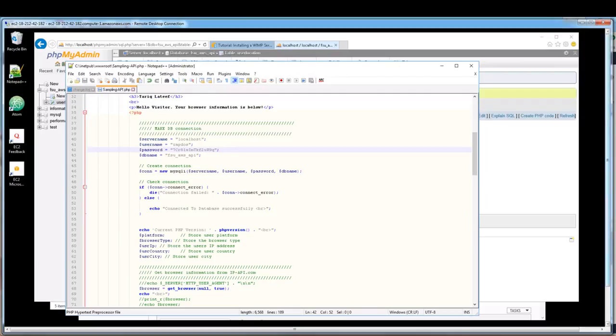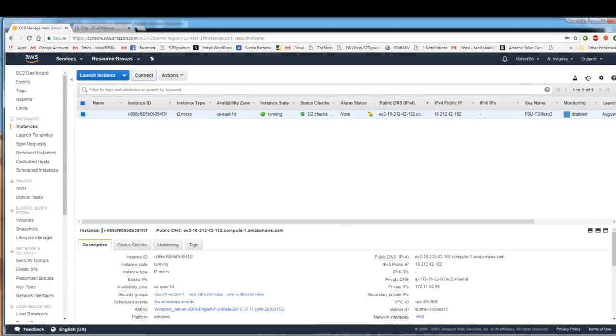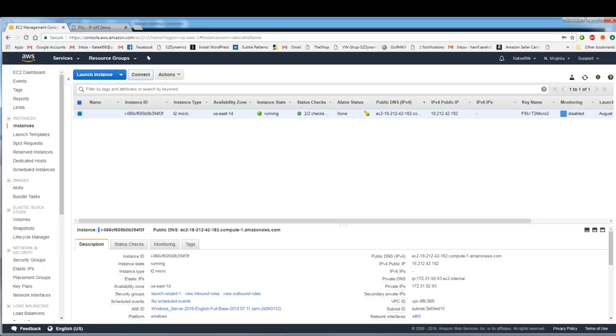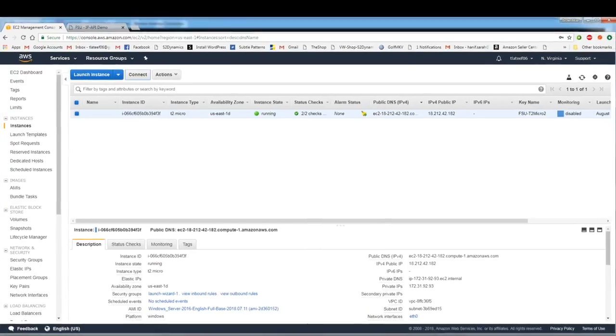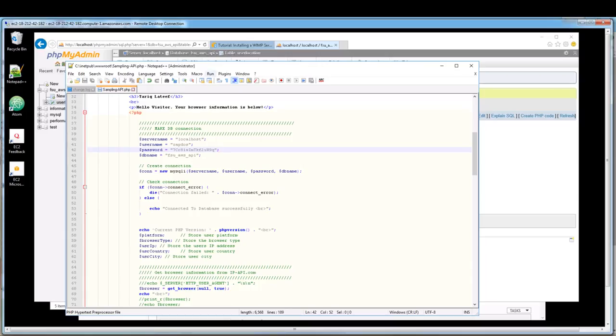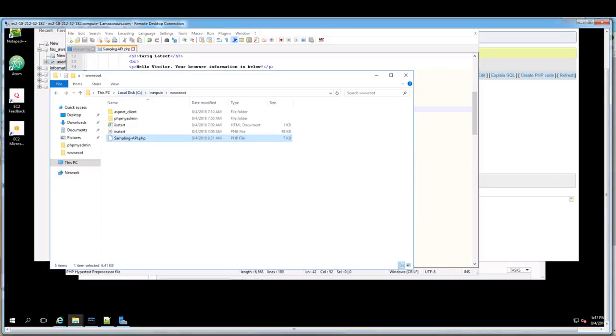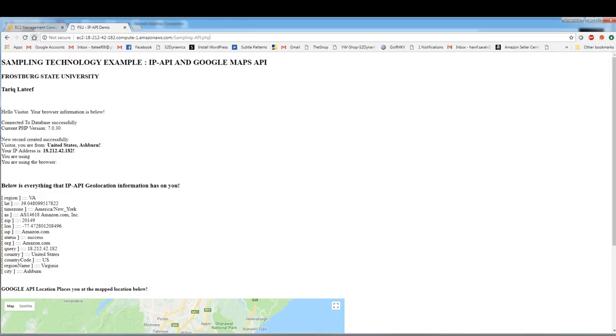So this is working. So I'll go ahead and load the web page on my local machine here that I'm recording the video on, not on the instance. This is a Chrome browser on my machine. And so here's the website, again using the same public DNS URL, and then the file sampling API.php, which is right here. That's actually stored in the directory C:\inetpub\wwwroot, and this is the file right here. So I'll go back to the browser. I'll go ahead and refresh,